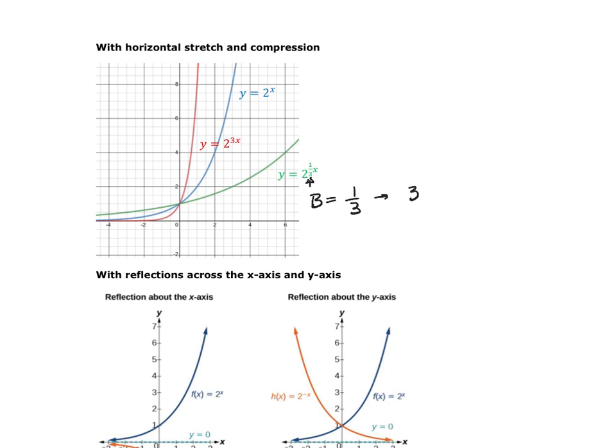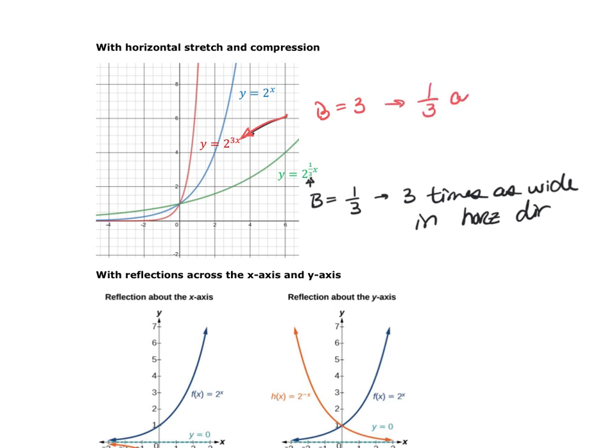So it's going to be 3 times as wide in the horizontal direction. Just like here, my b value is 3, which means I am 1/3 as wide in the